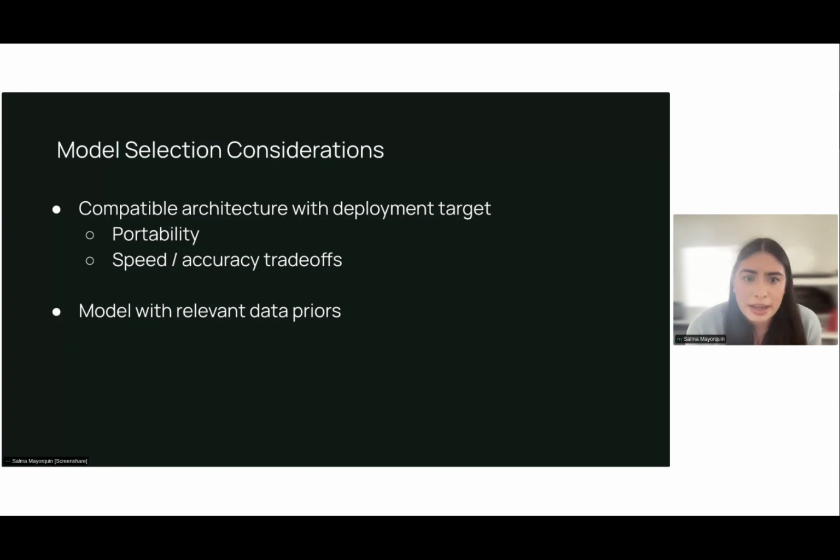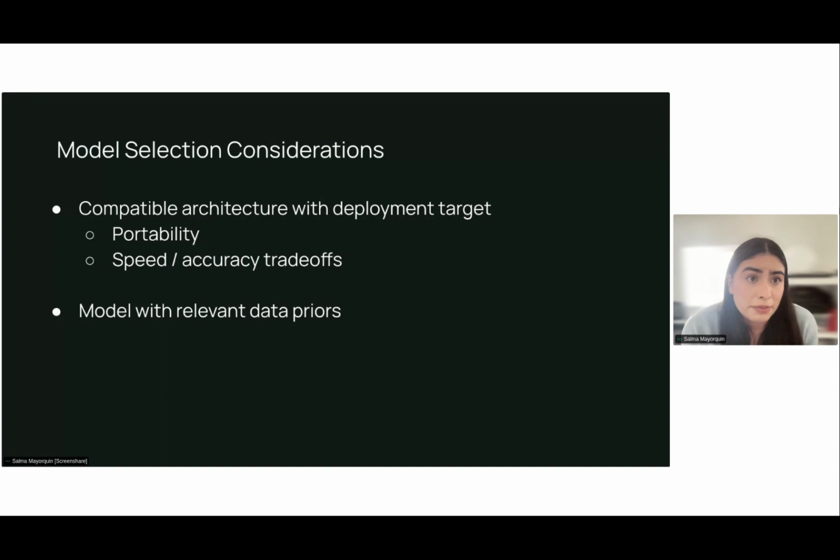You could get results faster from them, but you might have to give a little bit in the accuracy because you might have to choose smaller parameter models, for example. And if accuracy is very important to your system, then you might have to give in some speed trade-offs, or you might have to consider that you need more compute to actually get that model